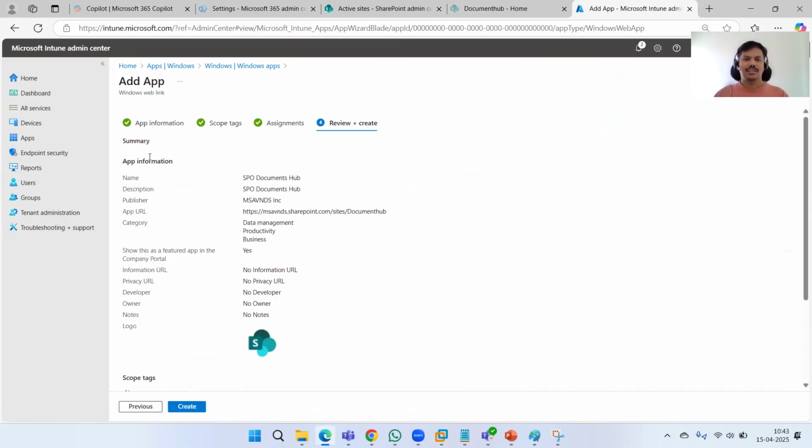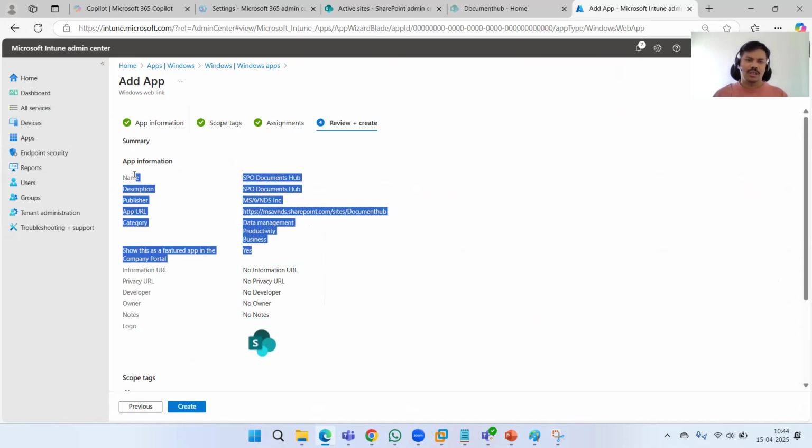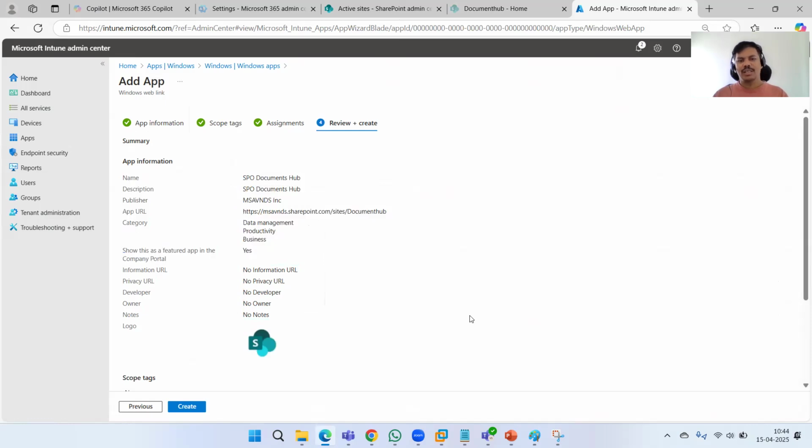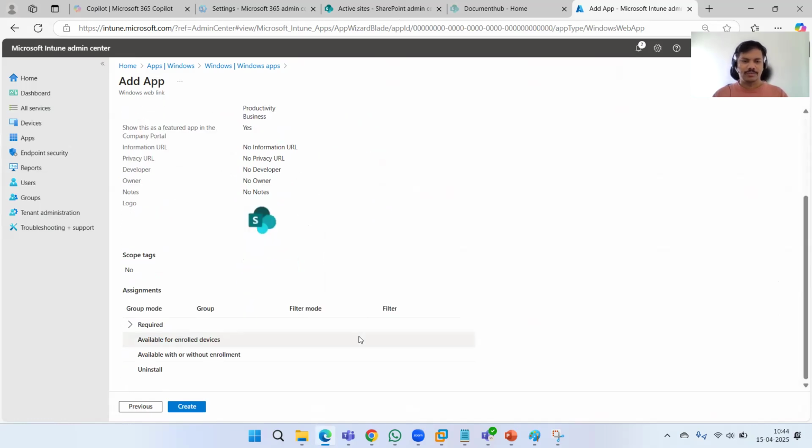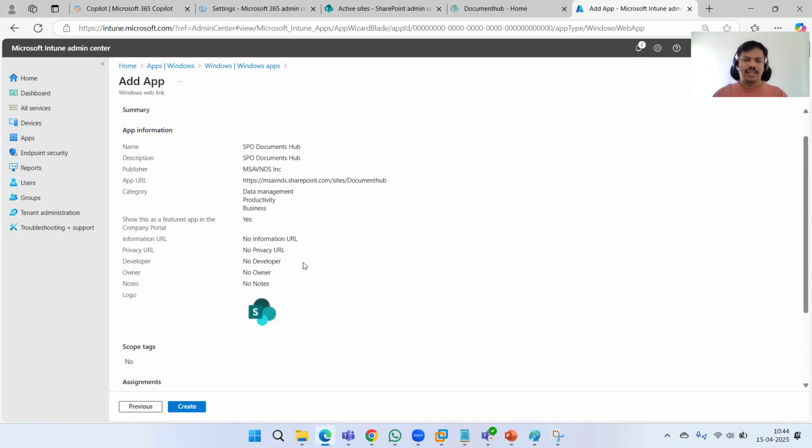At the last summary, you can see the application information and the details. We have not provided these basic details over here yet. That is why you don't see any options or any information, but you can see other details at the top here and that's provided appropriately. So we are good here. And even assignment is also provided. So we should be good here with all devices group. And now let's go ahead and create